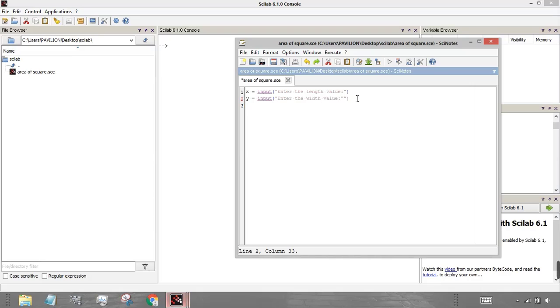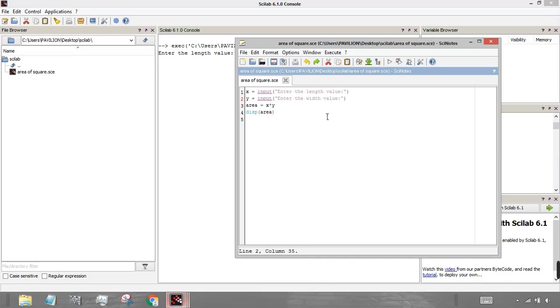Then area of rectangle, which is equal to x into y, and then display this area. So just write it as area, then again save this file.